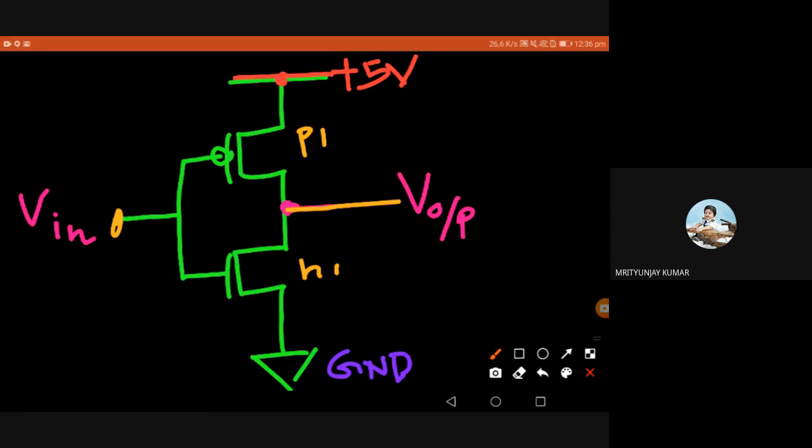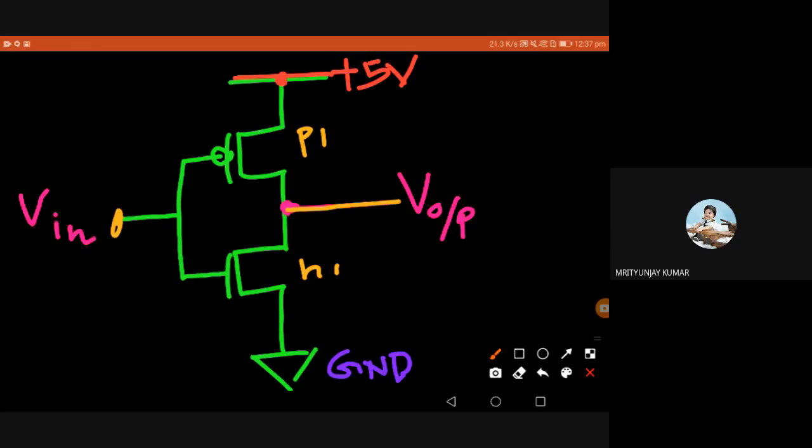Now you analyze the circuit based on the conditions I already told you about their working. When the input is high, NMOS is on and PMOS is off. When the input is low, NMOS is off and PMOS is on. There are two things you should remember. PMOS is connected to plus 5 volt, the high voltage, at one terminal, and NMOS is connected to ground at the other terminal. The opposite terminals of both PMOS and NMOS are connected together to the output voltage. Again, the question is: what happens to V out if V input is high, and what happens when V input is low.